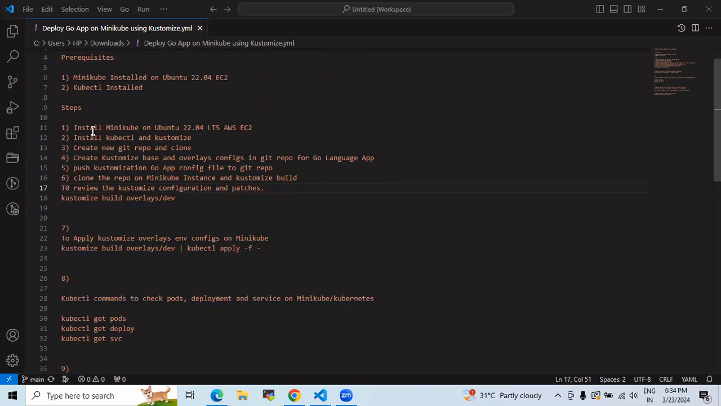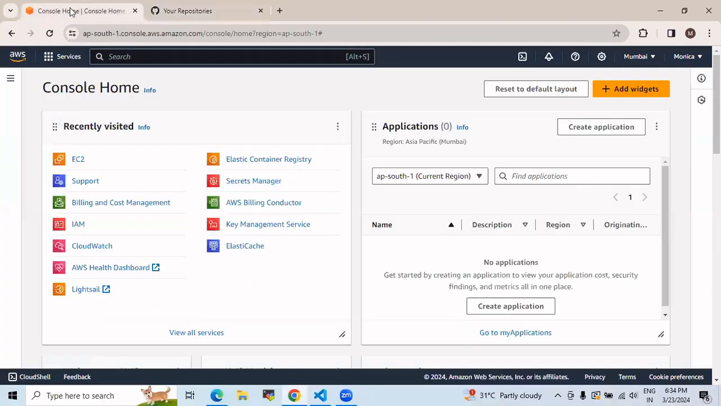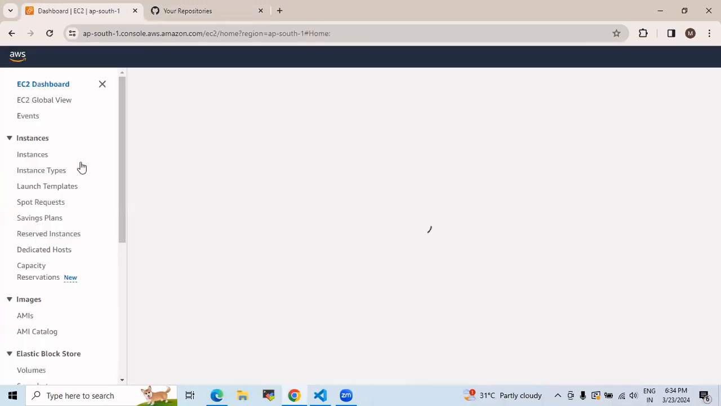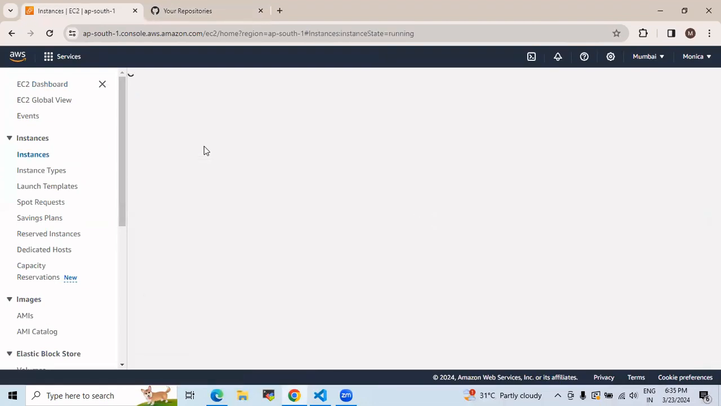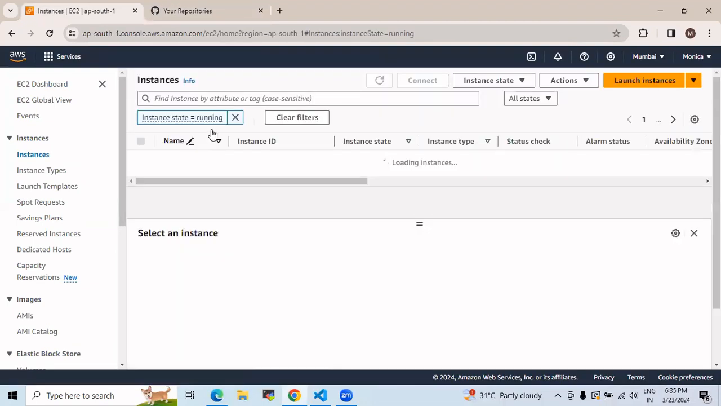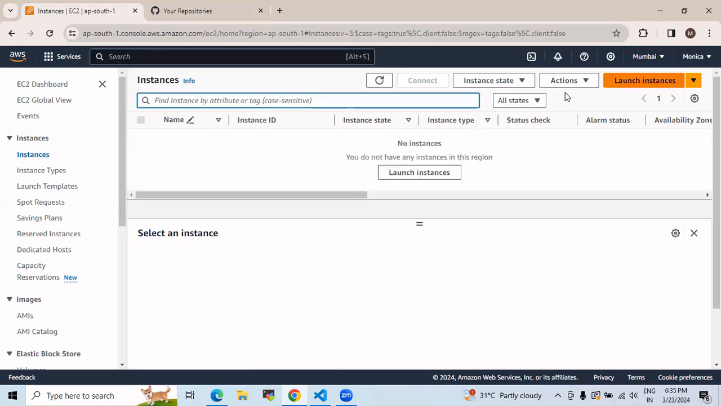So first we will install Minikube on Ubuntu 22.04 LTS AWS EC2. For that, we will launch the EC2 instance first. So let's go to the AWS management console. Here, go to the EC2, and click on the instances. So here we will click on the launch instance